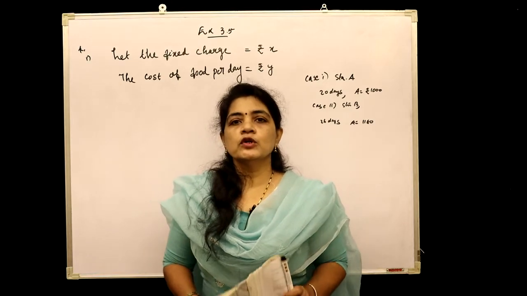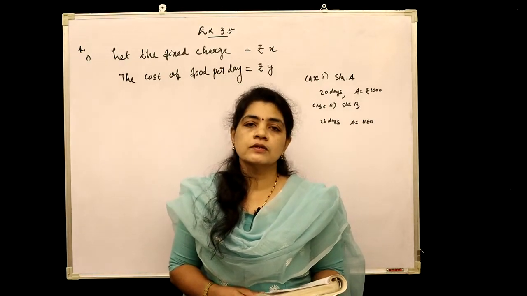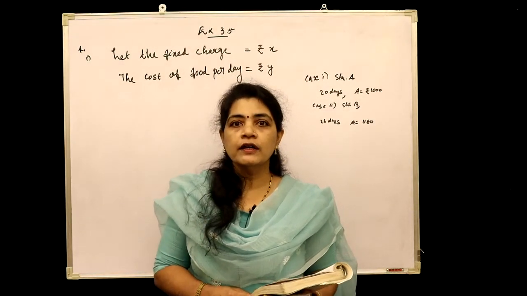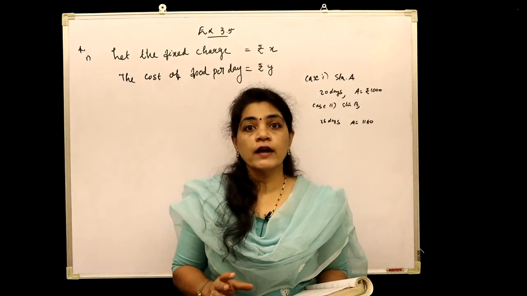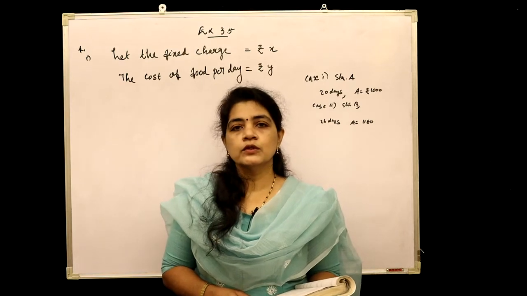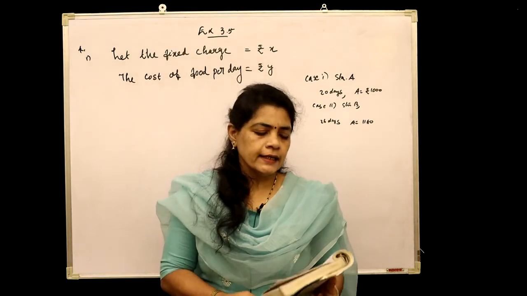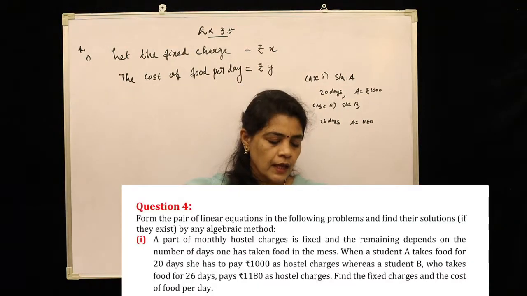In this video I am going to explain the word problems of exercise 3.5, that is question number 4. Under this question number 4 we have 5 sub-questions. Let us move to the first sub-question, and in this question what it says: a part of monthly hostel charges